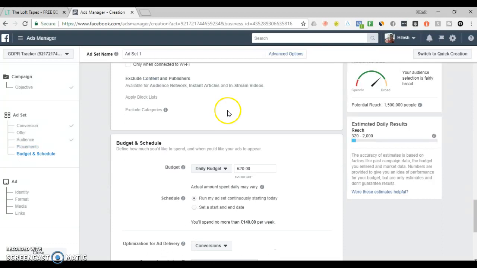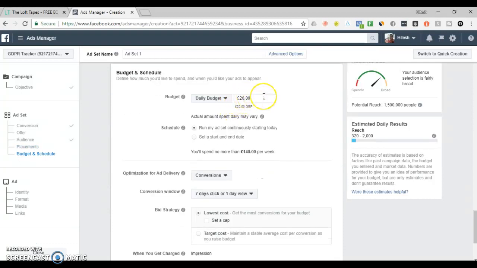Leave everything else as it is. Budget. Facebook needs probably a good 2 to 3 days for the algorithm to kick in and see if they can find people interested in your conversion or your campaign rather. So I'd recommend if you can spend between £10 and £20 per day, let it run for